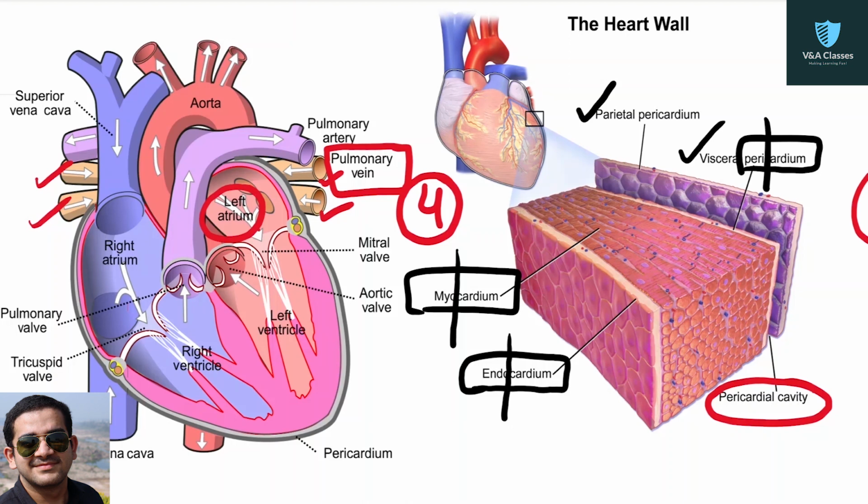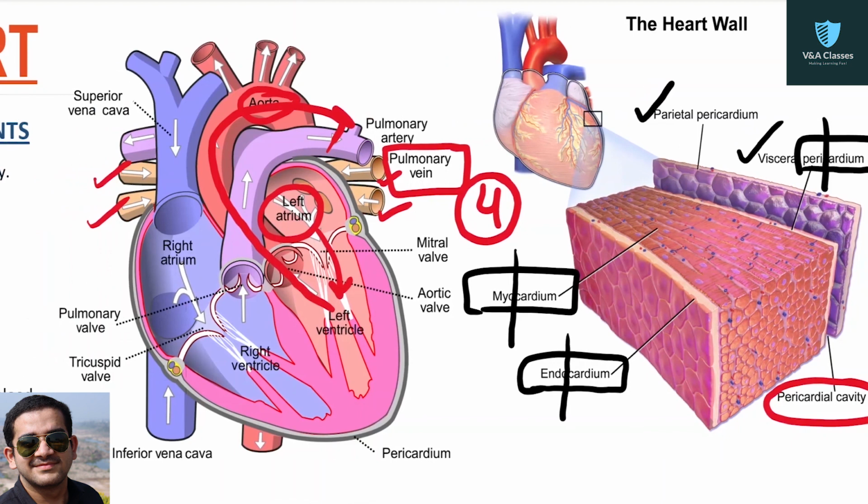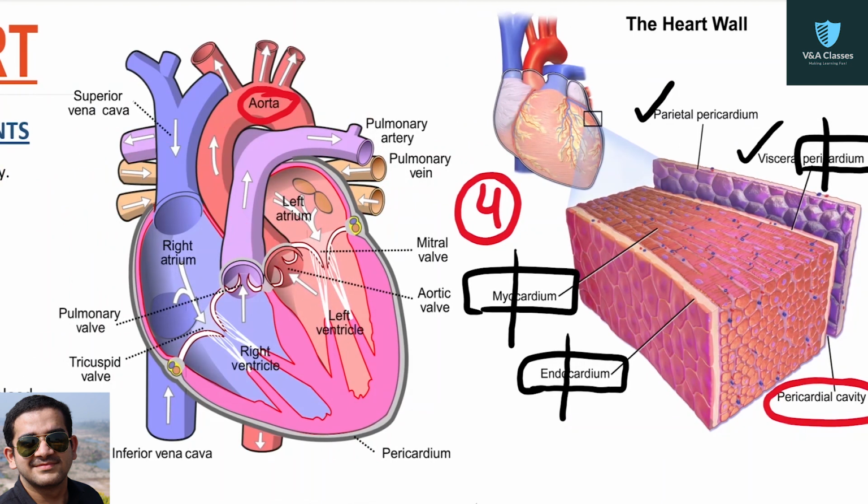From there, the blood will go into the left ventricle, and the left ventricle will pump the blood into all the parts of the human body by means of the aorta. This is the main blood vessel which is exiting from the left ventricle. So we have seen all the structures in this diagram: all the four chambers, the outer covering, the main blood vessels, and the valves between the atria and ventricles.